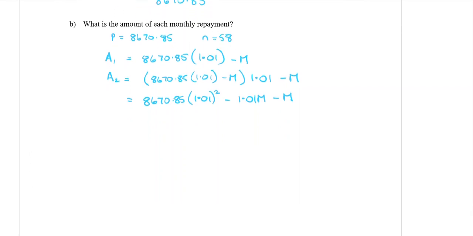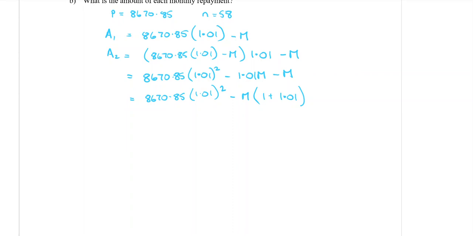Do we want to do A3? Oh, okay. All right, how about we factorize out the m? So minus m, starting with the 1, we would have 1 plus 1.01. And you could generalize the A3, but you guys told me you didn't want to do that. All right. Skipping through then. We've got A1, A2. We've got enough to see our series happening in there. So we're going to skip down to A58 and get our pattern,